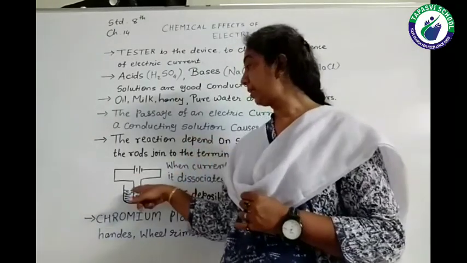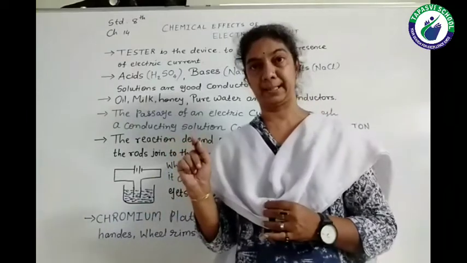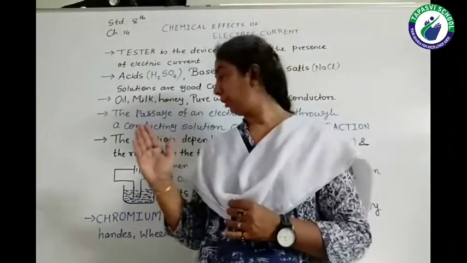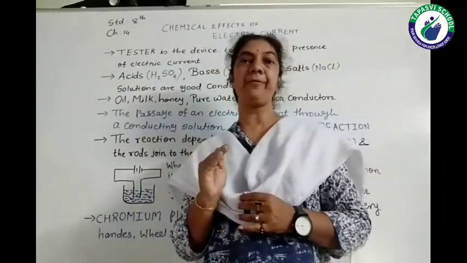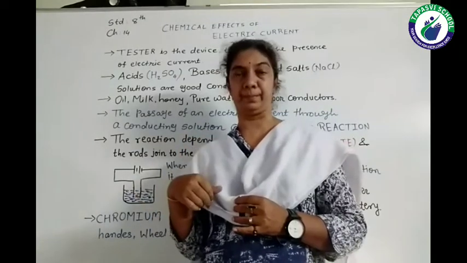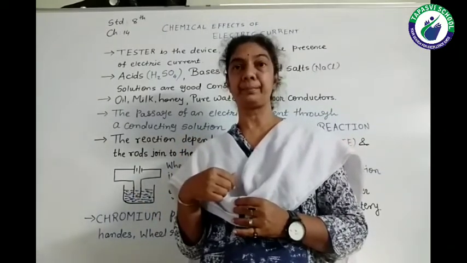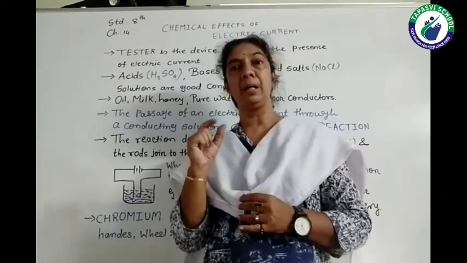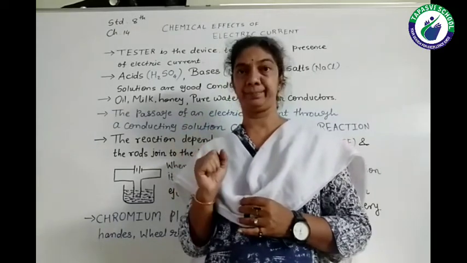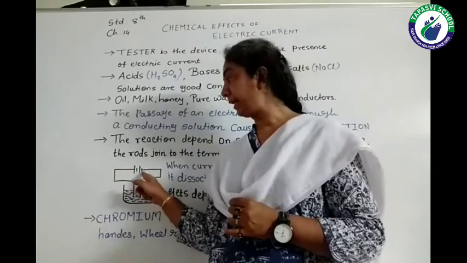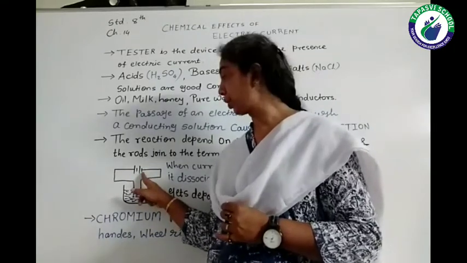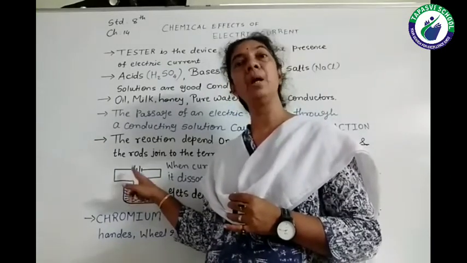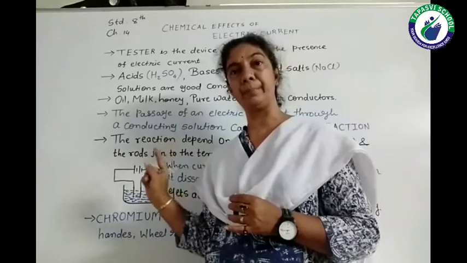Now suppose instead of these 2 copper plates, as the copper is deposited on the negative terminal, if I keep any other metal on this negative terminal, what will happen? Say I have an iron spoon, or a small rod of iron. Connect that to the negative. See, the small line over here shows the negative terminal symbolically, and the bigger line shows the positive terminal. Please try to remember this.